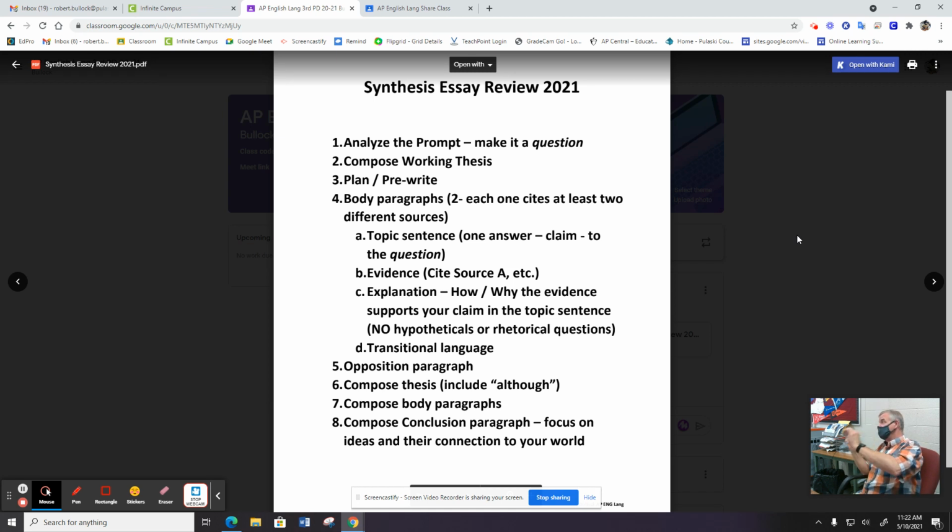Now, they will tell you in their script that they're reading that you're given a 15-minute reading period at the beginning because of all the sources that you're given for the synthesis, right? You'll have 7 or 8 sources, probably 7. And they will say, there's a 15-minute reading period, and all this kind of stuff. Listen, you don't have to wait until the end of that 15 minutes to start pre-writing and all that kind of stuff if you don't want to. You don't have to do that.